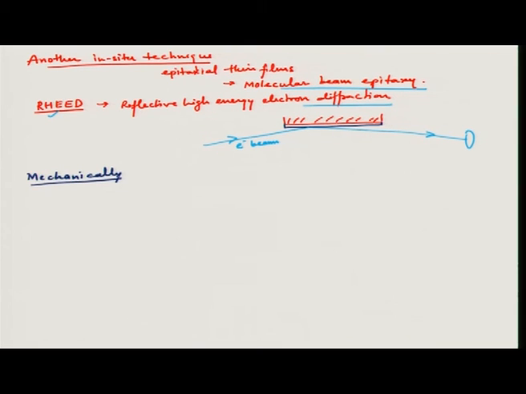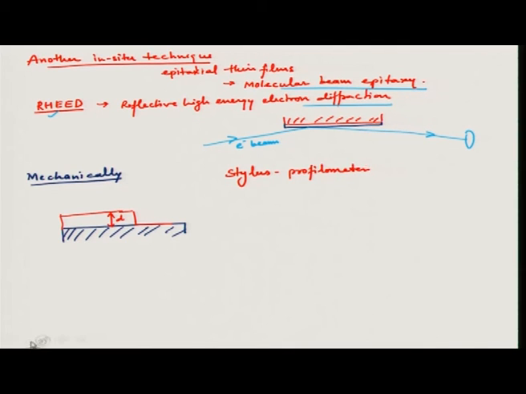Mechanical measurements of thickness. Again, in this you would have a substrate with a thin film, but again you need to make a step, either by covering this area during deposition or by removing the film mechanically after deposition, so that you have a step which you want to measure, and this is your thickness of the film D. Now, you use a stylus, and this technique is called a stylus profilometer.